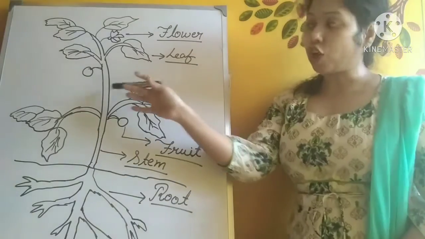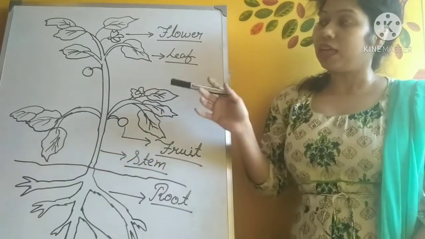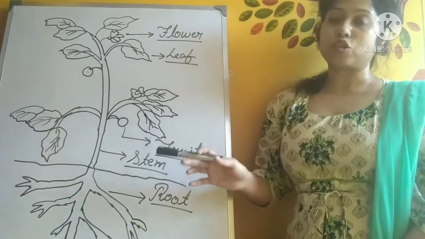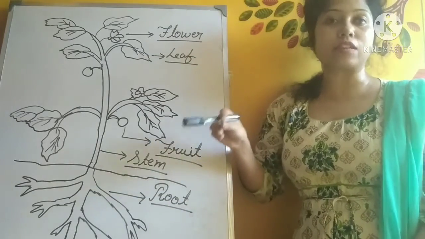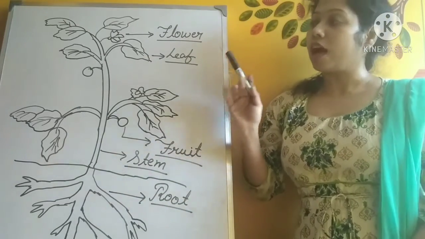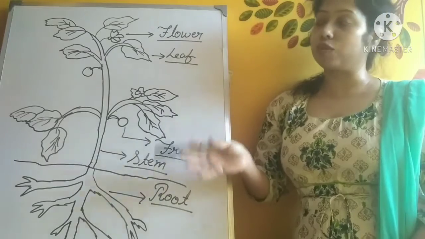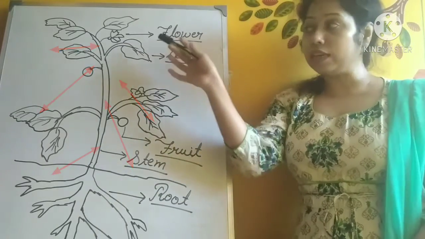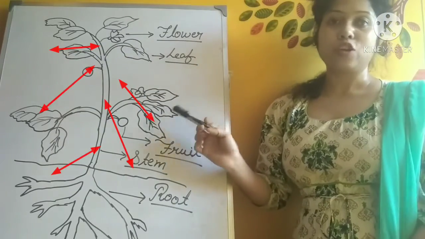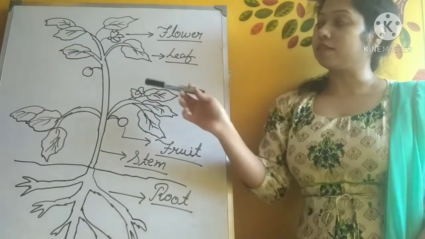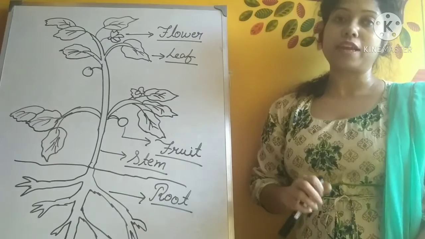Fine. Now talking about the stem of the plant, it gives support to the plant, okay, so that the plant can be fixed, it can stand fixed into the soil. Alright, and the other work of the stem is to carry food to each and every part of the plant. Fine. So this is a very important task that a stem does, right?